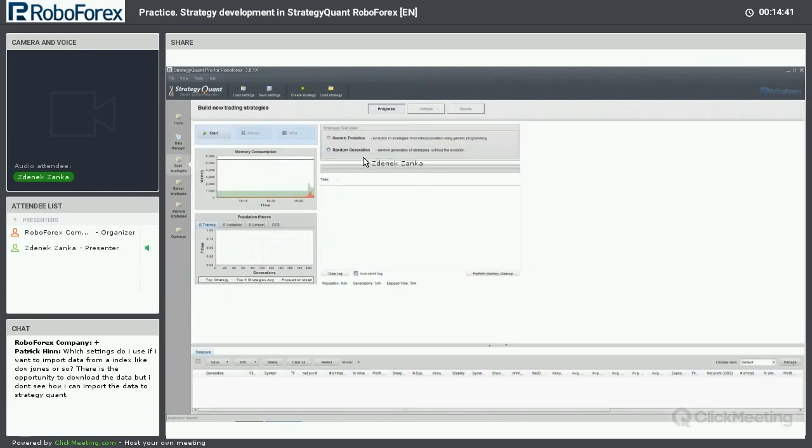To the build strategies, and I will show you how to build strategies. Here you can switch between genetic evolution and random generation. Now I would like to tell you which method is better. From my experience, if you want to build strategies, let's say for a daily time frame